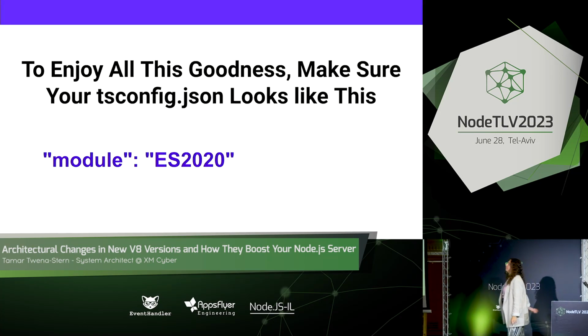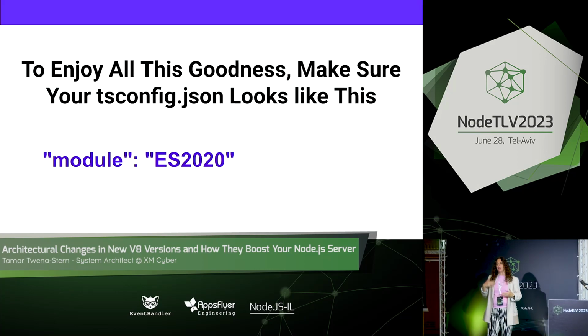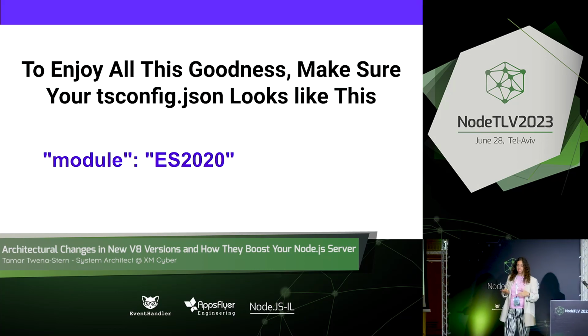I would like to show you a small property in your TS config, which is called module. If that property has a CommonJS value, then the JavaScript code that's being generated has requires, and you won't enjoy that optimization. That's only an example. I just chose ES 2020. I think that every ES value would work, but pay attention to that property in order to get that optimization in your